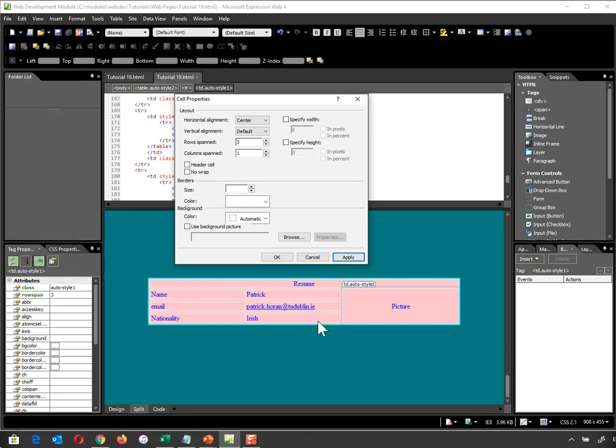Now I've only one header cell in this particular table, and that's the one with resume on it. And I should set that to my header cell. That means when I sort my table, it doesn't sort resume into all the rest of the data. It keeps it separate. The next item here is no wrap, which means, obviously, if I start typing in here